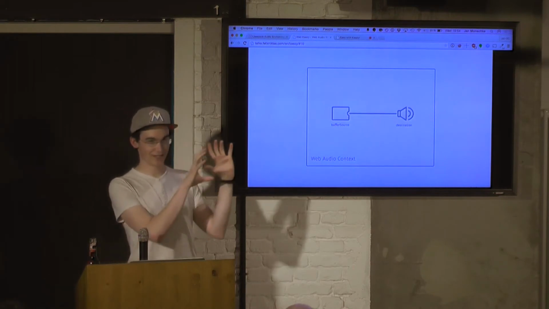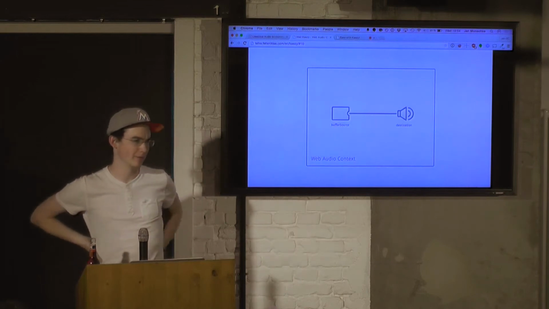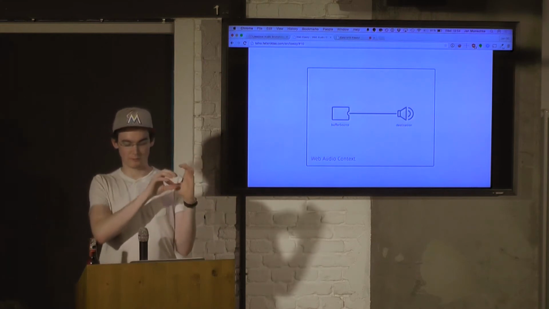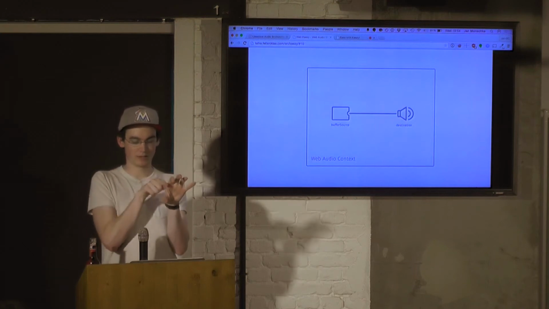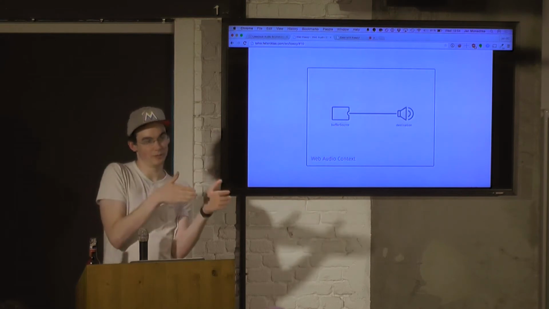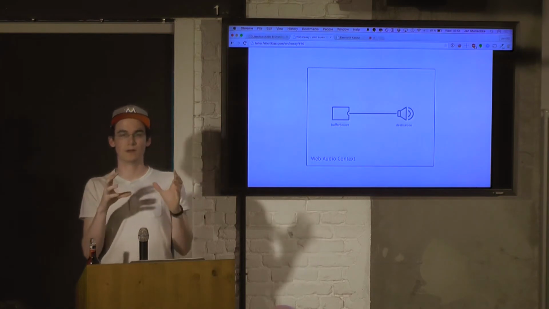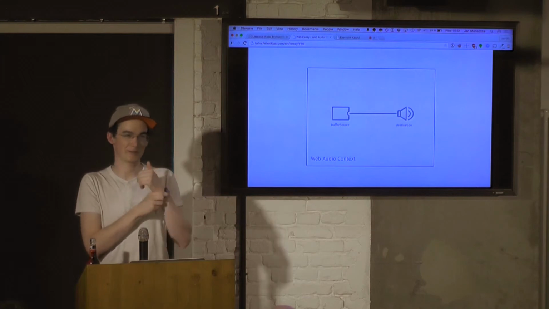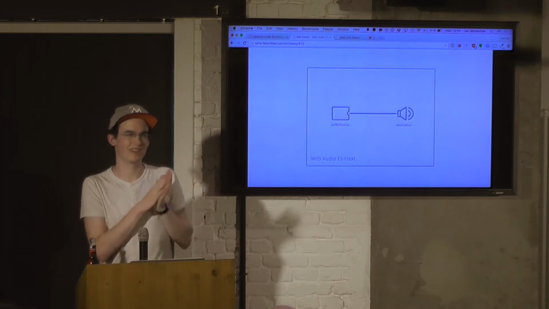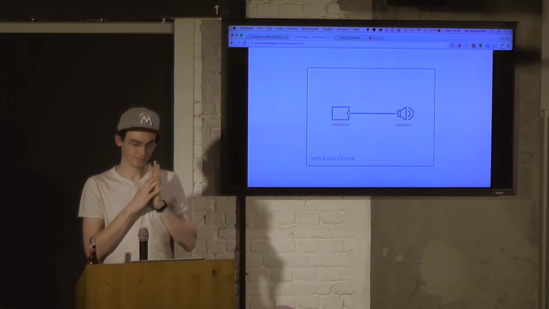And that is connecting a source to the destination. And the WebAudio context is a bit weird for you as a JavaScript developer because it doesn't work as you would think it would. When you start this buffer source, when you connect it, you would think that you connect it once, and then you play it, and you play it again, and you play it again, and then you stop it, or play it and stop it and stuff like that. But a buffer source is rather a thing where you create it once, and then it's gone. So you have to create it every time again. And this is, I think, because they based it a lot on the native audio API,